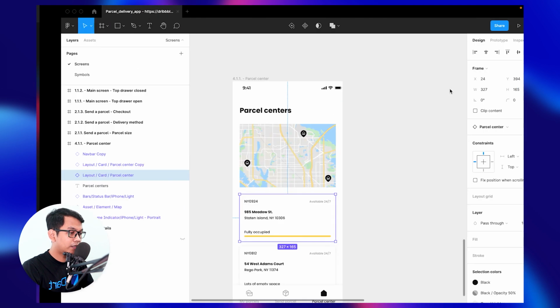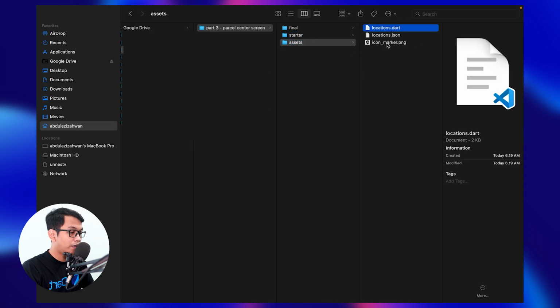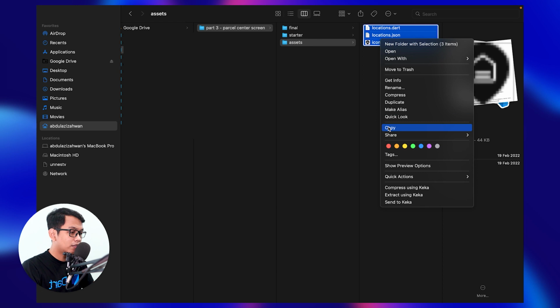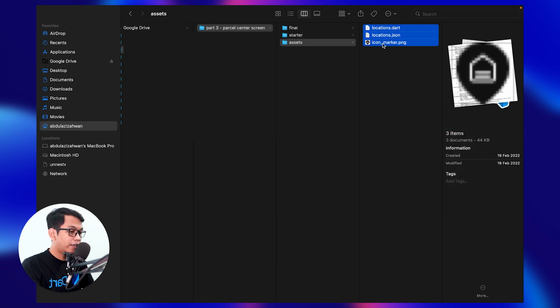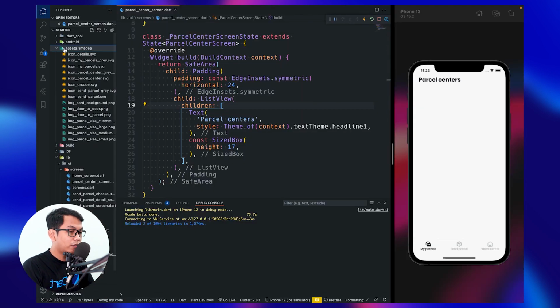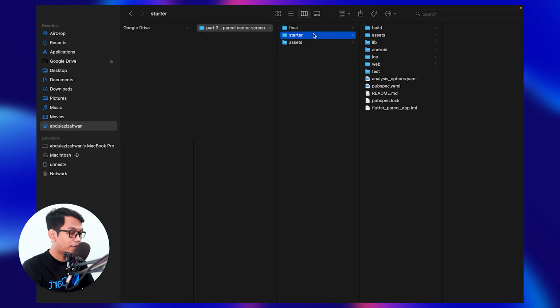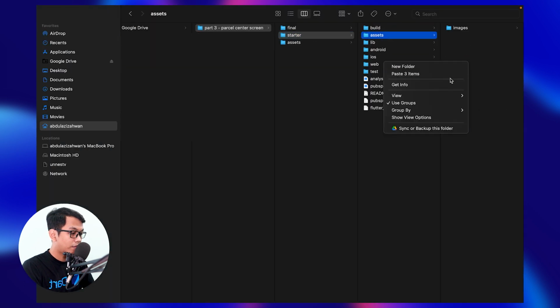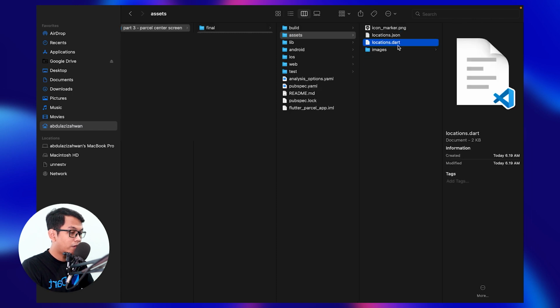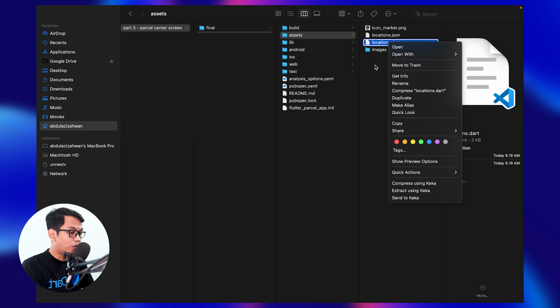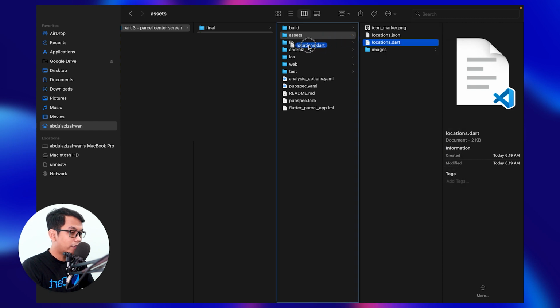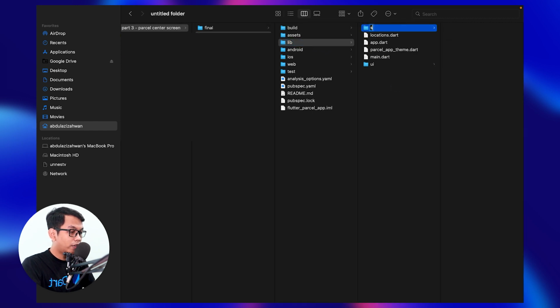And the next step is we need to copy our assets, which is 3 files, and paste inside our asset folder. And for location.dat, we need to move to lib folder, and we need to create a new folder, name it as source, and move location to source, and go to asset folder again.